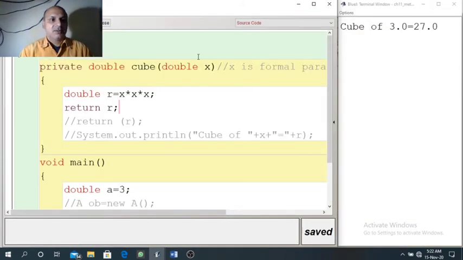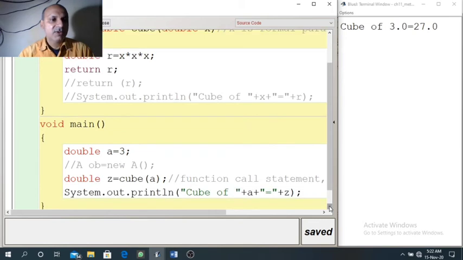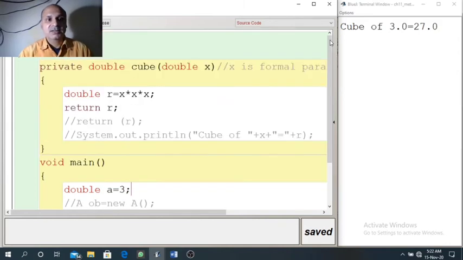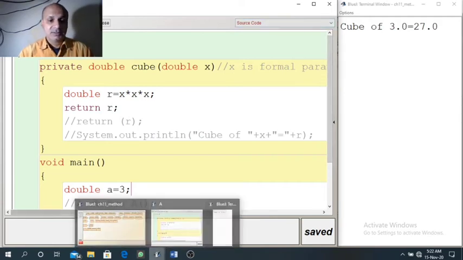Now see the use of private here. As I have told you earlier, private functions can be used in other methods inside the same class. So you can see private function cube is called in the main function and it is working. Result you have already seen. But private function cannot be used outside the class. Now we will see another example to explain it.